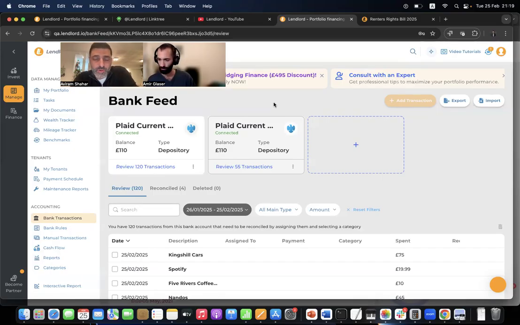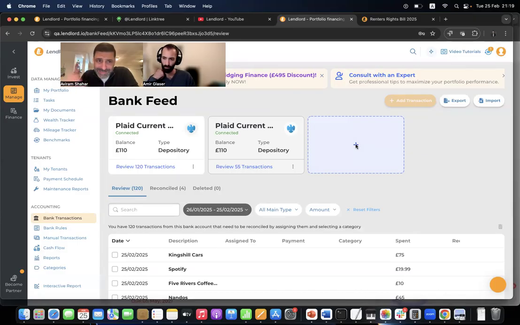So you will be able to allocate, reconcile the transactions to the relevant properties, and also you can generate a P&L report. We also now support other types of transactions, and in the near future, hopefully, you will see also a balance sheet. It's not ready yet, but it will be hopefully released in the next few weeks. Okay, so on the bank transactions, you can add